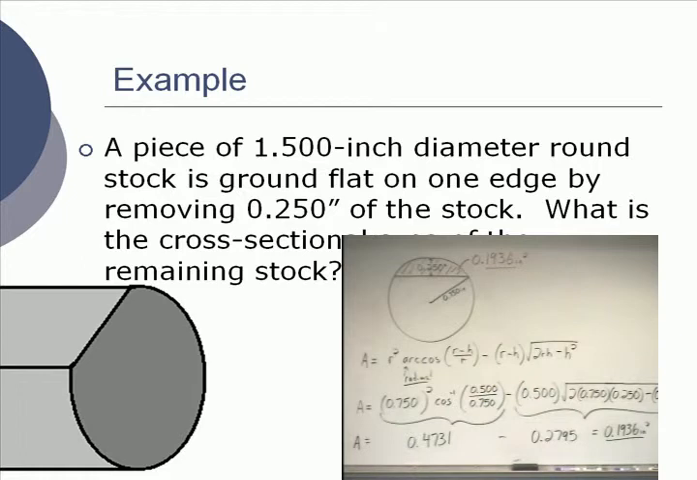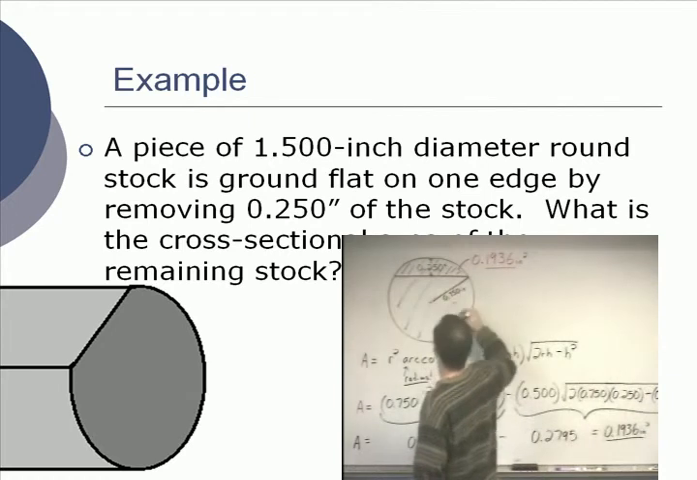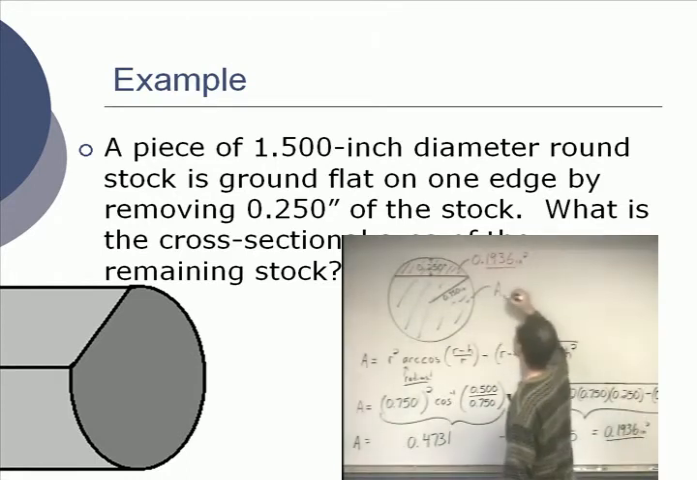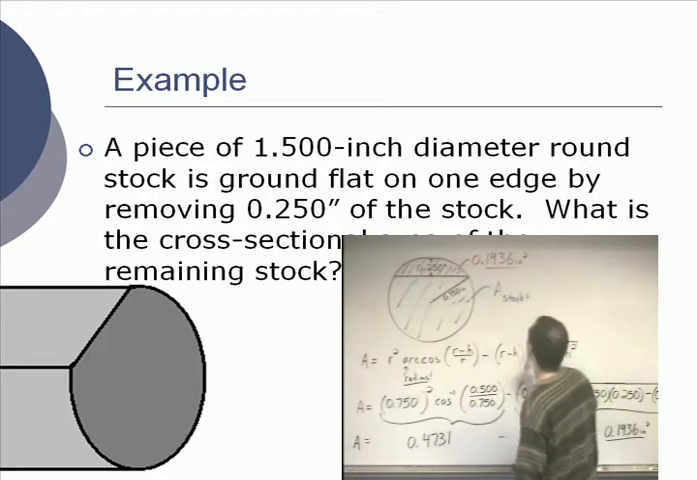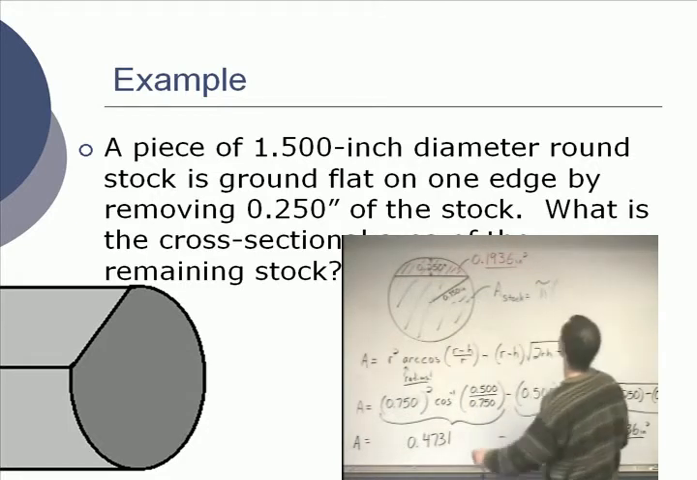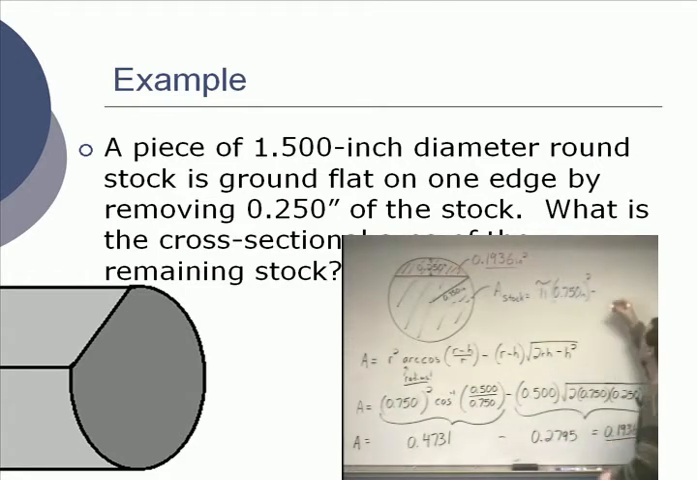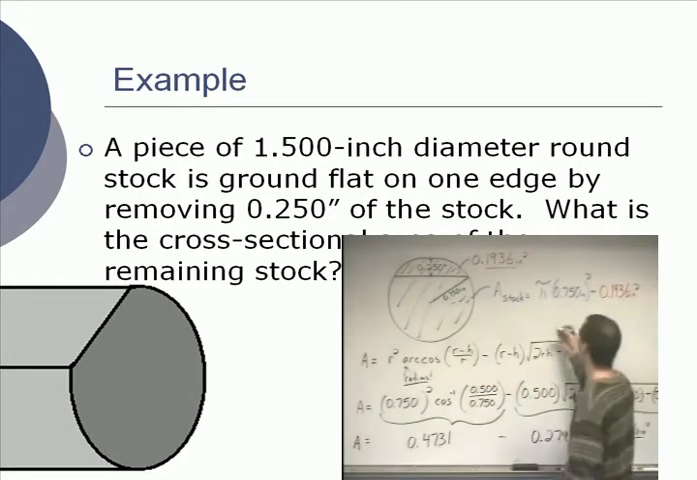The question was, what's the area of the remaining stock? We actually want all that. So we just need to take the area of the circle and subtract that off. So this area is going to be pi times the radius of 0.750 inches squared minus 0.1936, and the area turns out to be,